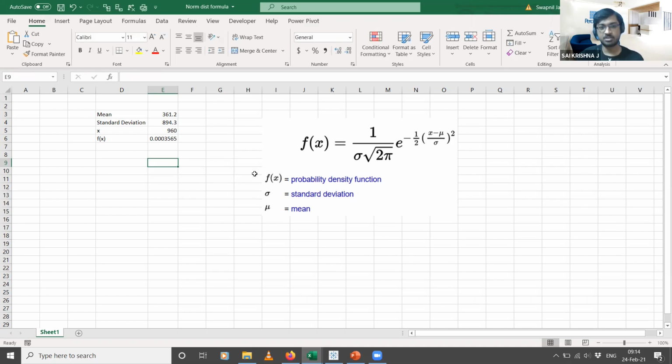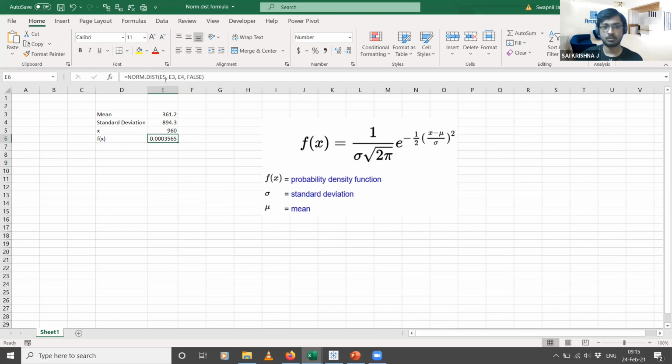Okay, so what this normal distribution means is, you see here the mean I have given as 361.2, standard deviation I have given as 894.3, x I have given as 960. Okay, so what this basically means is, if there is a distribution of numbers with a mean of 361.2 and a standard deviation of 894.3, what is the probability that a number in that distribution will have a value of 960? That is what is given by this formula f of x. Here we are just using the norm.dist formula.